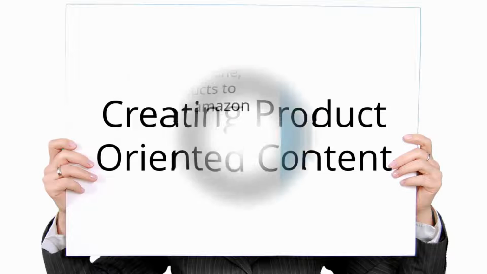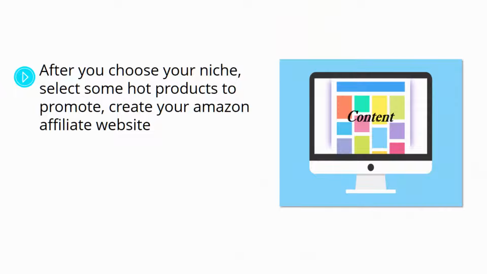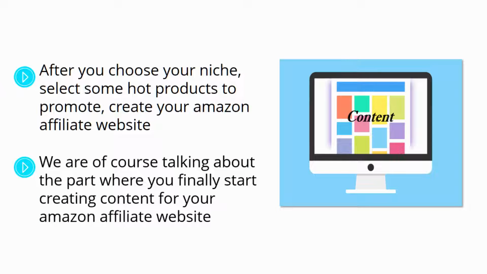Creating product-oriented content. After you choose your niche, select some hot products to promote, create your Amazon affiliate website, and sign up for the Amazon Associates program to create your Amazon Associates account, the time comes to start doing the hardest part, the one that will determine if you make it or if you break it as an Amazon affiliate. We are, of course, talking about the part where you finally start creating content for your Amazon affiliate website, because